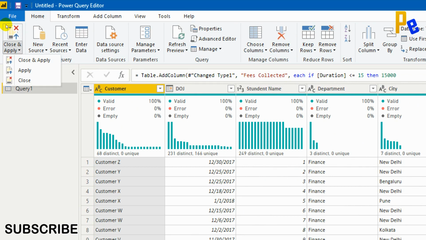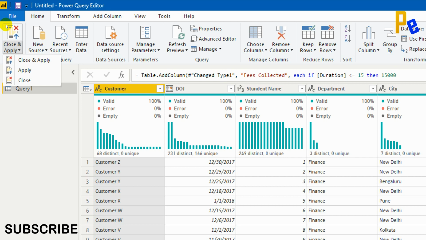Data is also in Excel and data will be stored in Excel. There is no specific report interface. The report interface itself is Excel. So it is either load to a table or load to a connection. So we used a connection. But in Power BI, we are actually using this as a connection only. So it is always a connection and connected to the source data.